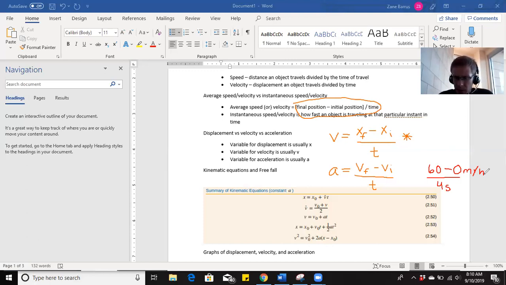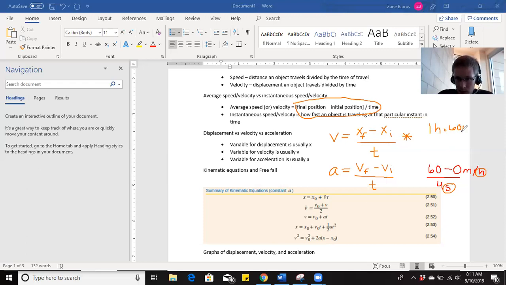And one thing I should mention is time is important to make sure that you're in the same unit. What you see here is that I've got differing units of time. I've got miles per hour on top, but I've only got seconds on the bottom. So you would need to fix that in order to go further with this problem. Keep in mind that in an hour there's 60 minutes, and in every minute there's 60 seconds. So in 1 hour, I've got 60